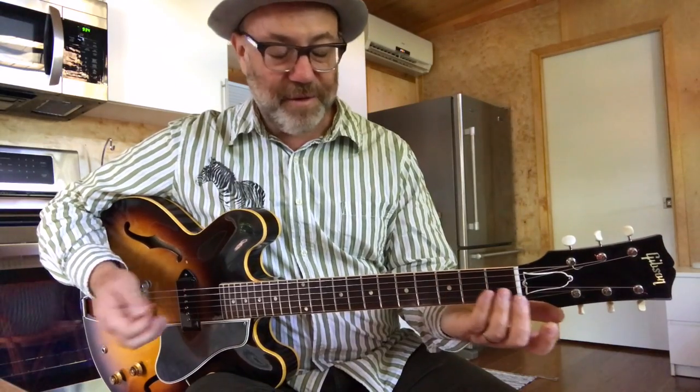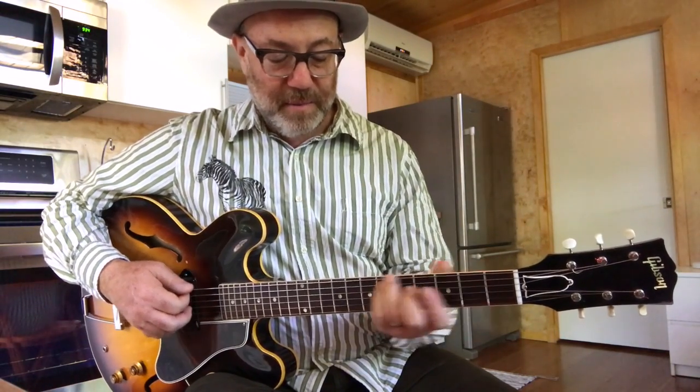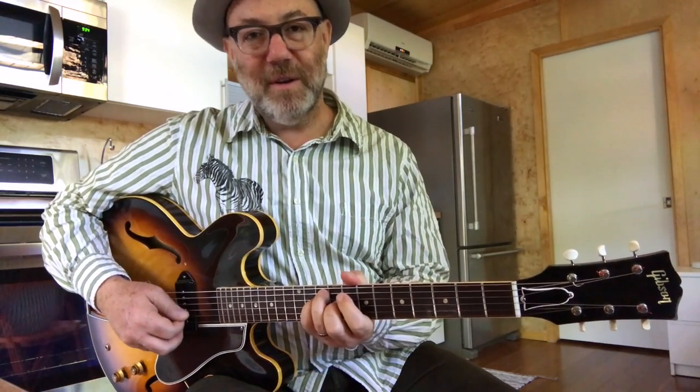So starting down low, second inversion, root position, first inversion. The next string set would be root position, first inversion, second inversion. This string set is first inversion, second inversion, root position, and then second inversion, root position, first inversion. And you could keep going. So again, you could do that with a metronome, and one way to do it would